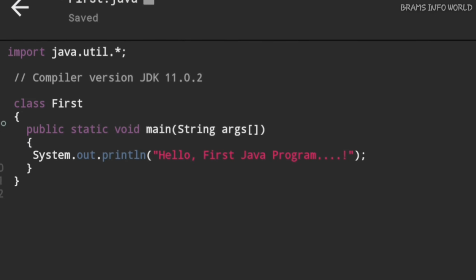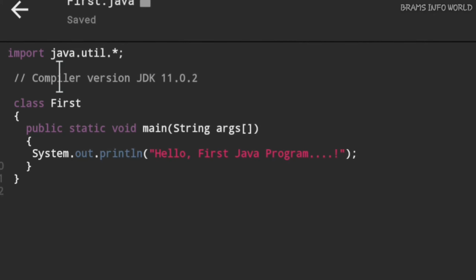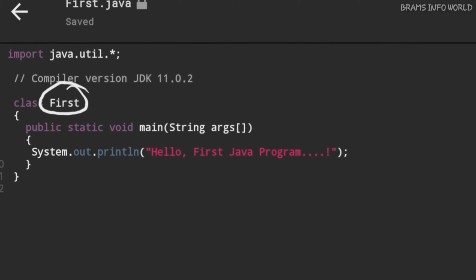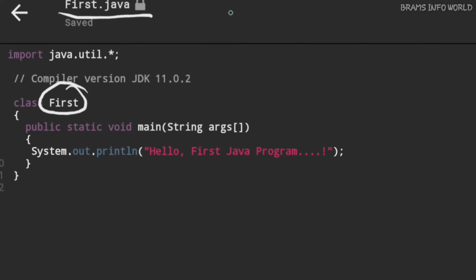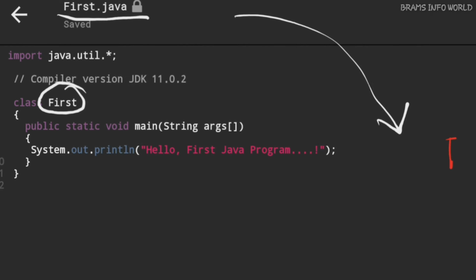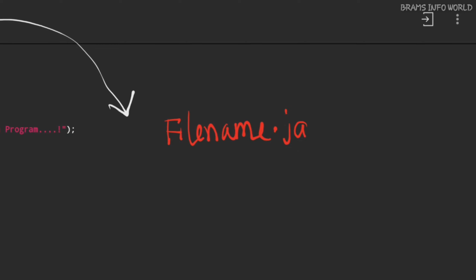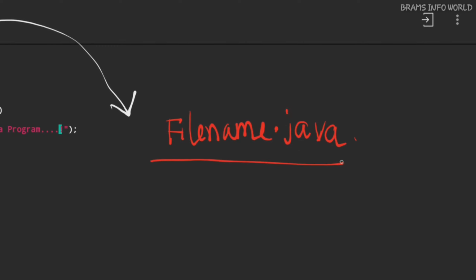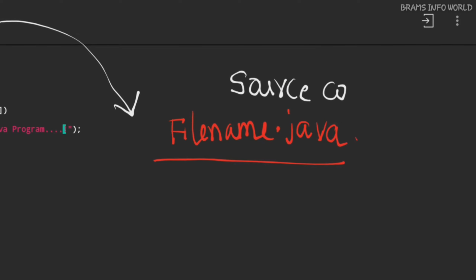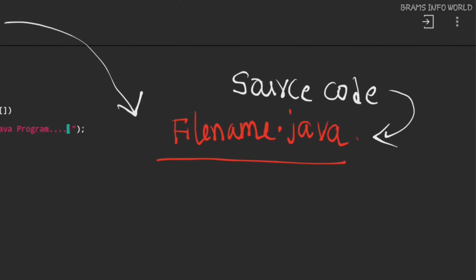The class name is first. For initial stages, our program name is first. What is our file name? First.java. What is the file extension? File name dot java. That is nothing but source code.